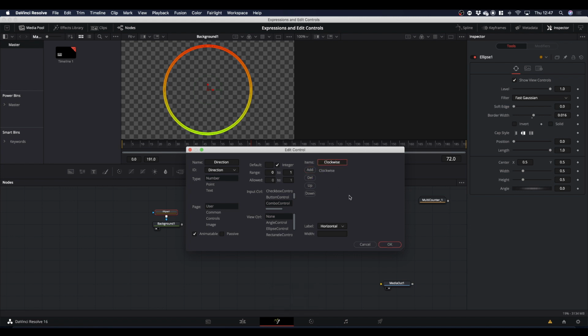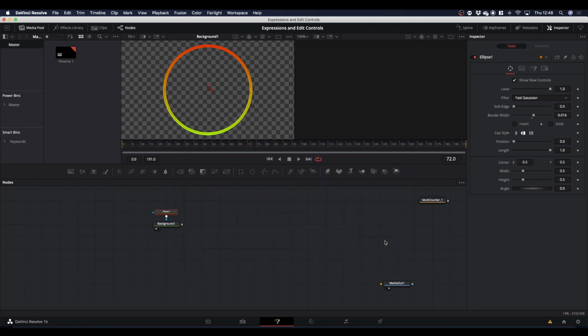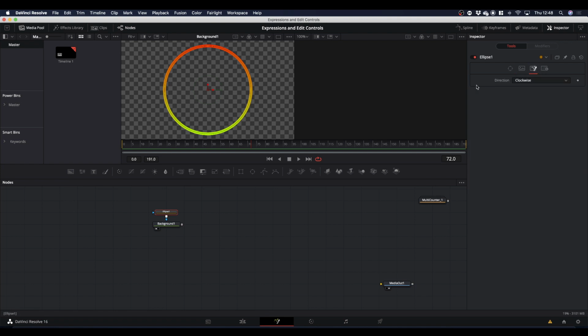So we'll have counterclockwise and clockwise. So clockwise is 0, counterclockwise is 1, and we click OK. Now if we come up here, you'll notice that there's an extra tab appeared called user,